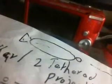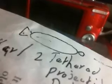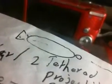And this little thing, I know it looks like a queen termite, but it's actually supposed to represent an interplanetary spaceship. But anyway, I'm sure you're all chomping at the bit trying to find out what this little thing is, and that is the projectile. It's a tethered projectile, which basically runs on rocket. It basically borrows propellant from the main tank, and it